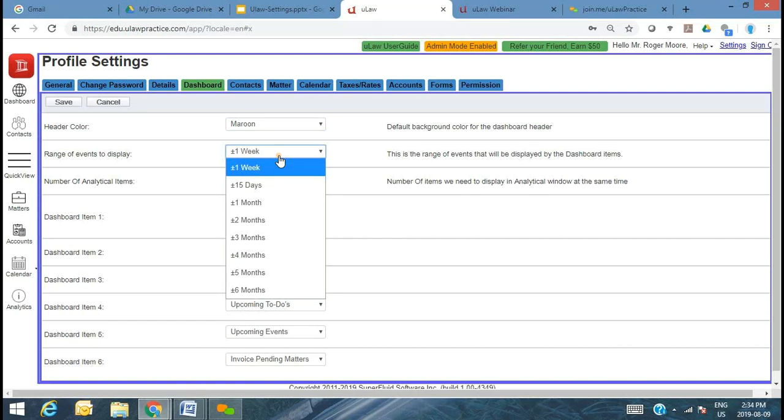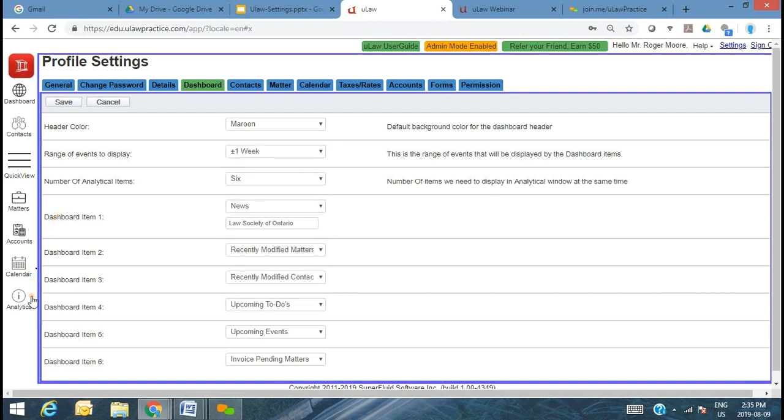So are you looking for all the invoices that you haven't generated ever? Or are you only looking for those matters for which you've not generated invoices in the past week or past 15 days, past month? So you can define the window of time period for which you want that dashboard to be active,